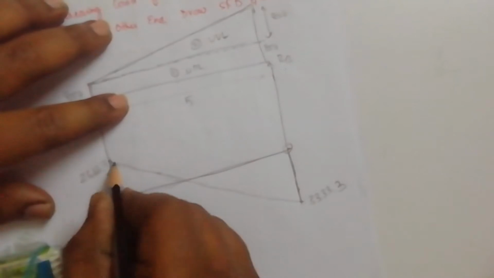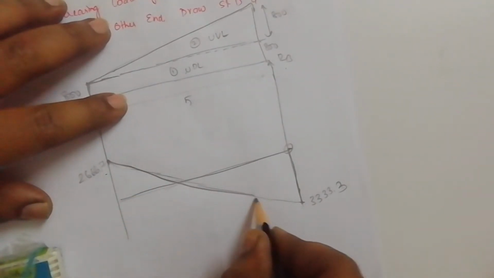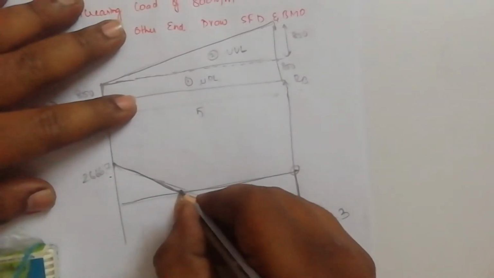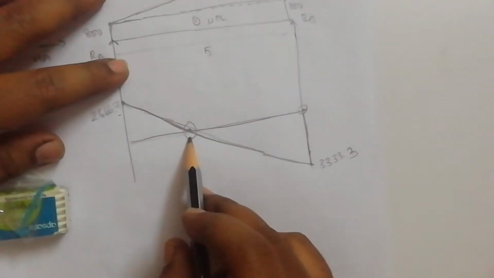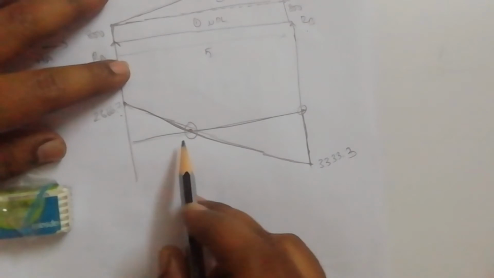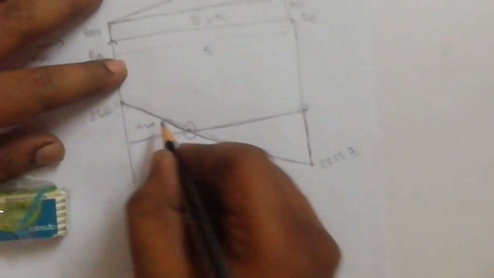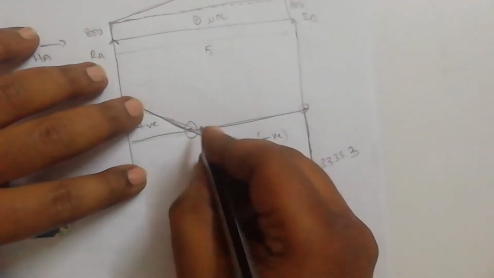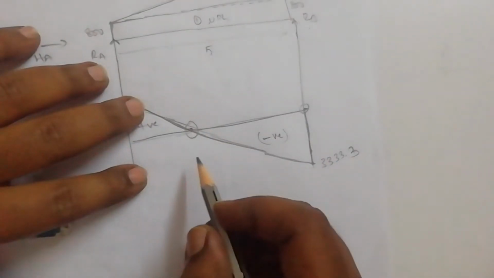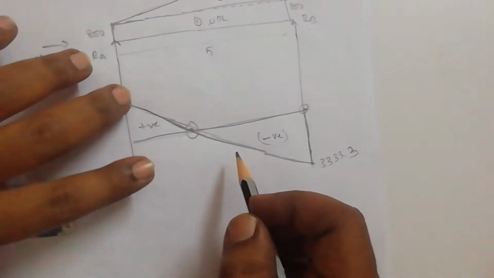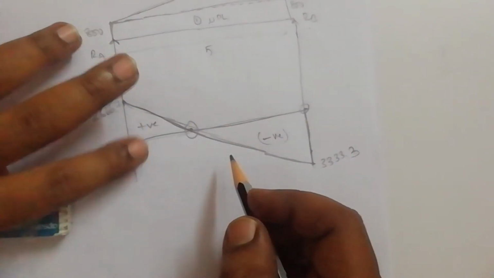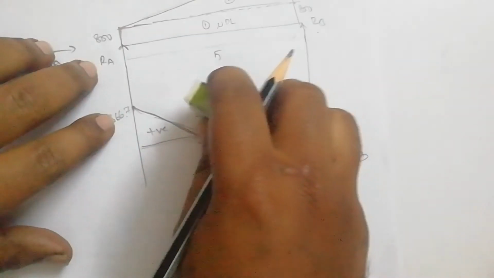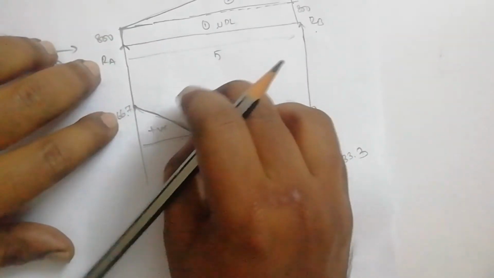So this is a parabolic curve. You can draw a continuous curve. So we have seen that here at this point, this is crossing a baseline. In the last problem itself we discussed the point where the shear force changes its sign from negative to positive or positive to negative. At that point the bending moment will be maximum.